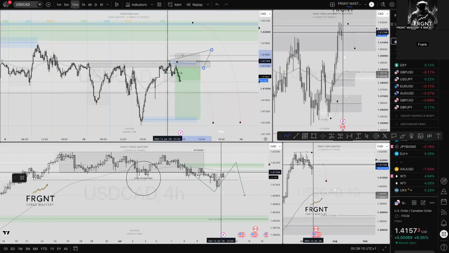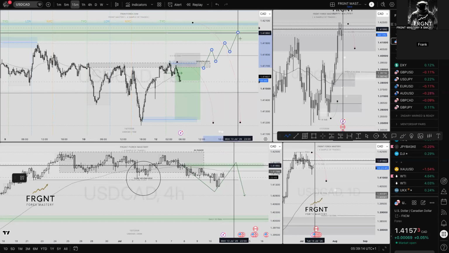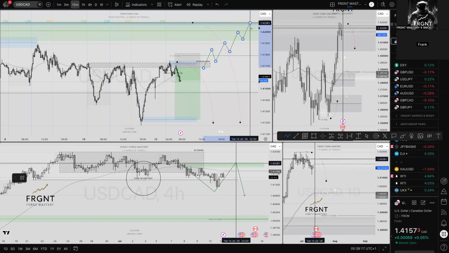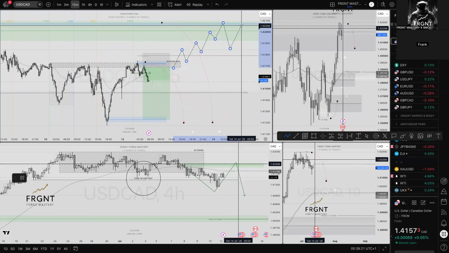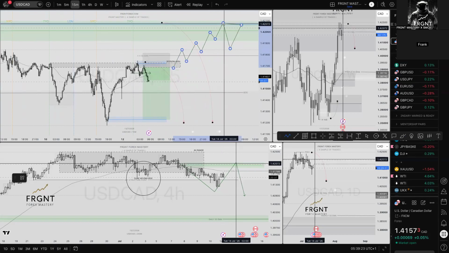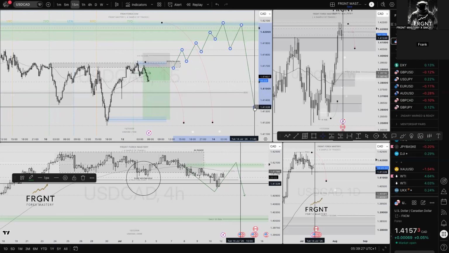We'd now make a new higher high, higher low, higher high, higher low, etc. up into that area. I then need to see the most recent higher low broken, identify an order block that's been left behind as a result of the break, and then I'd look for the short position. So exactly the same, nothing before that.